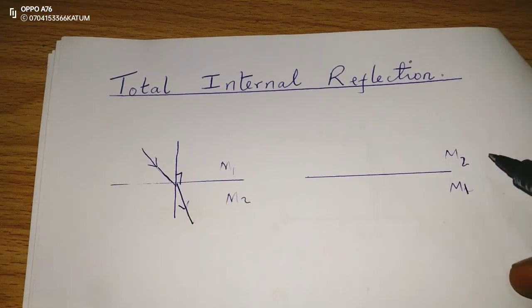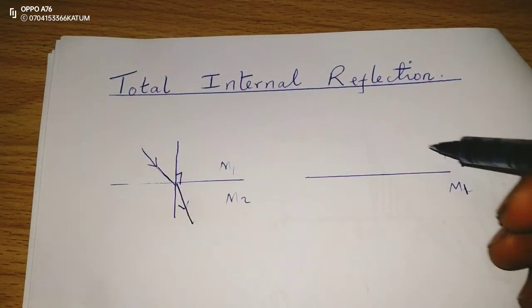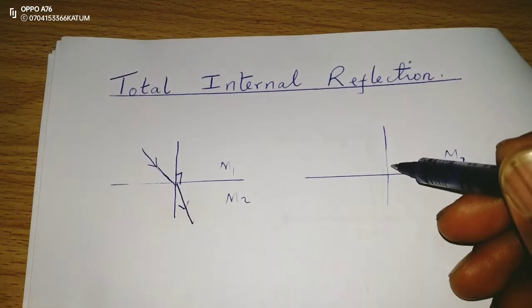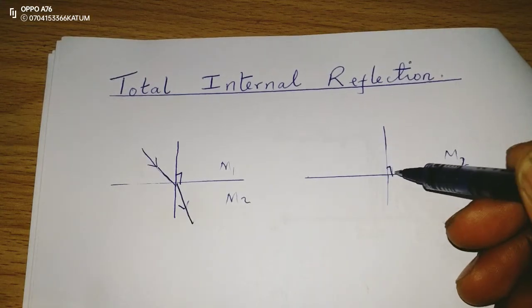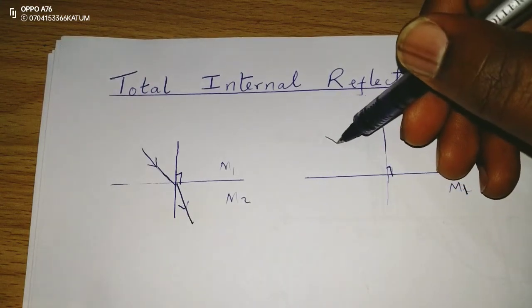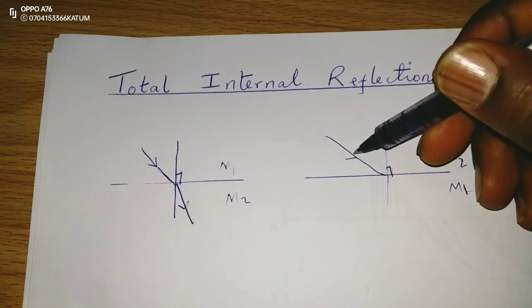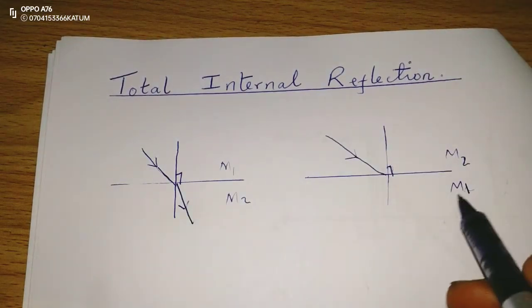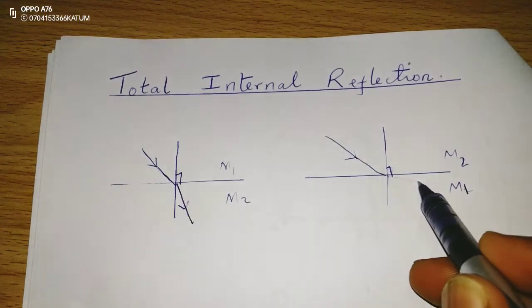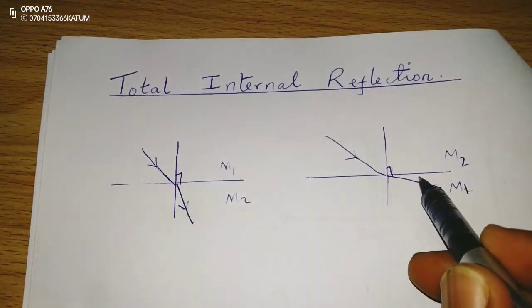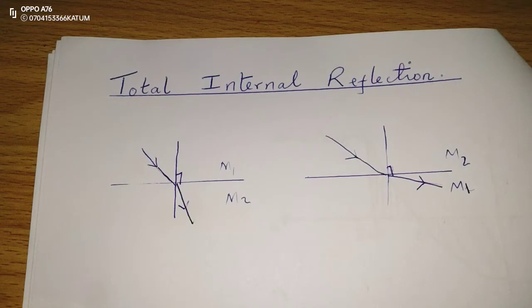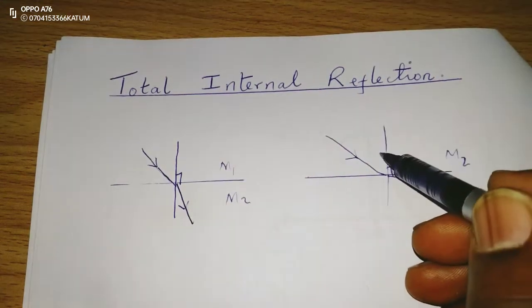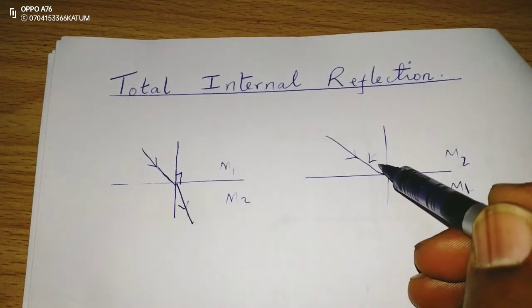But now if media 2 now is optically denser than media 1, when the ray of light approaches the boundary, we will have refraction away from the normal. So now this gives us the basis of total internal reflection. So if we continue increasing the angle of incidence here of the ray,